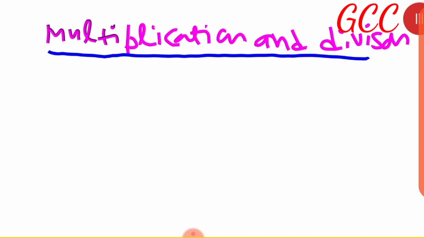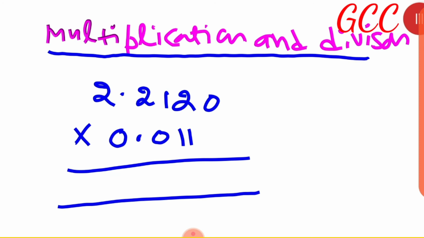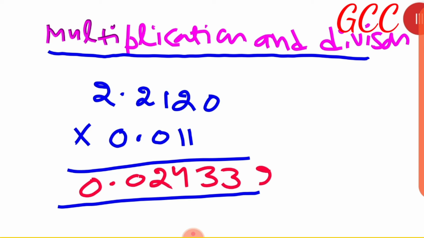In case of multiplication, whenever we are doing multiplication, जब भी हम मल्टीप्लिकेशन की बात करते हैं तो हमने उसको कैसे करना है? Just see all of you please very very carefully. Let it be, 2.2120 is multiplied by 0.11, and after multiplying we are getting an answer, that is 0.024332. अब इसमें क्या करना है बेटा?